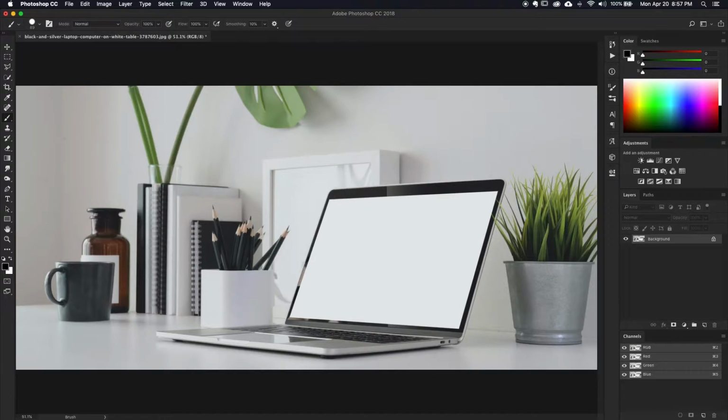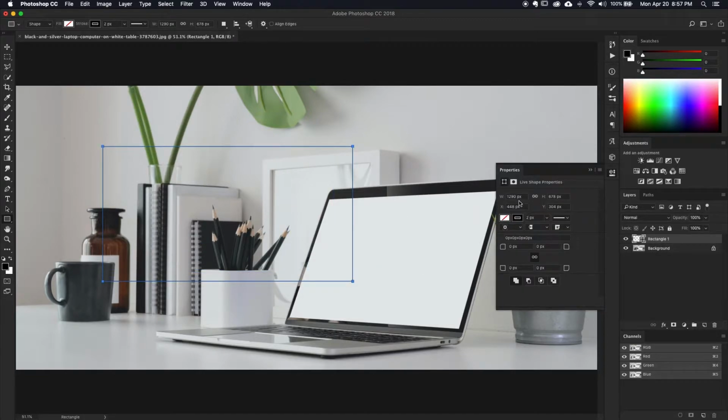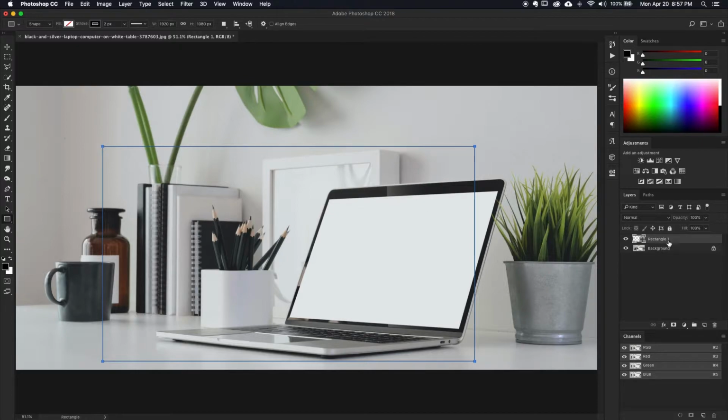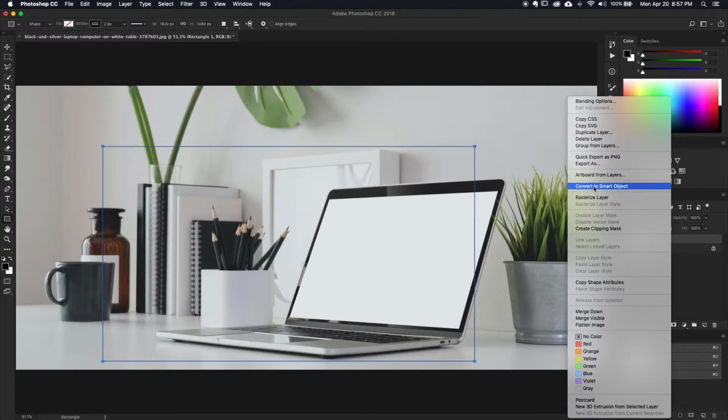So let's get started. We have a screen. Here you're gonna place your website. How to do that? Here you can click the U button and select a rectangle. You can make it how big you want, and after that here on the right the width we're gonna set 1920 and 1080. That's the resolution of the screen. So we have it. After this you right click it here, convert to smart object,